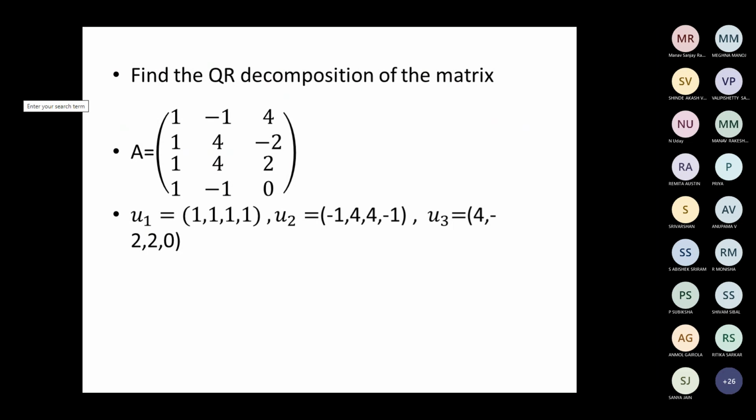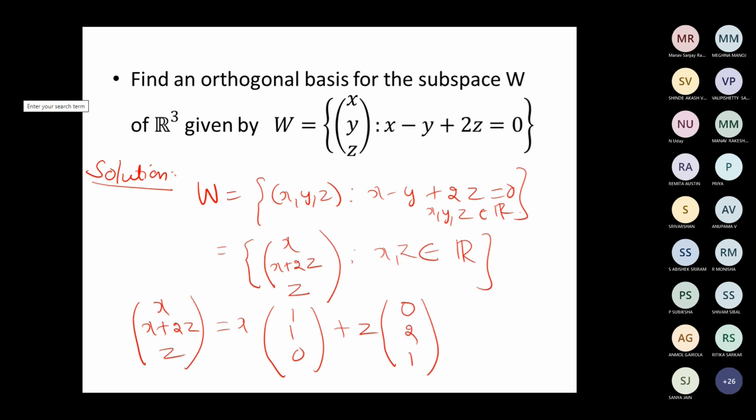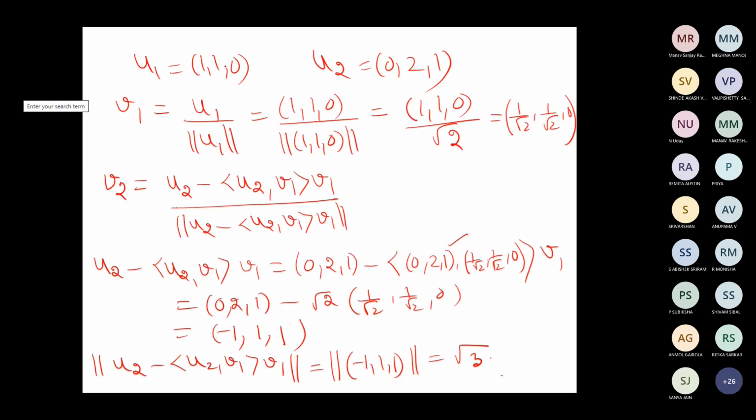Excuse me, ma'am. If they ask for orthogonal instead of Q1 in the formula, we need to write U1. U1 and that top thing is there, right? One minute, I'll show you. These two are enough: U1 and this numerator alone is enough, because the numerator is orthogonal with U1. In the numerator, instead of V1, we need to write U1.